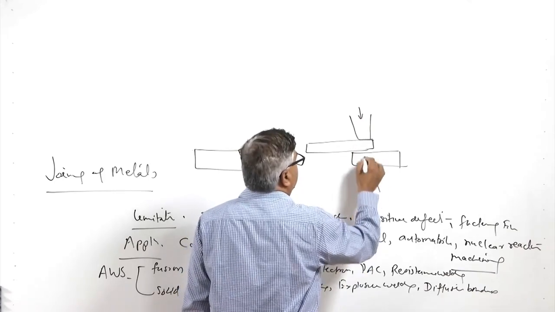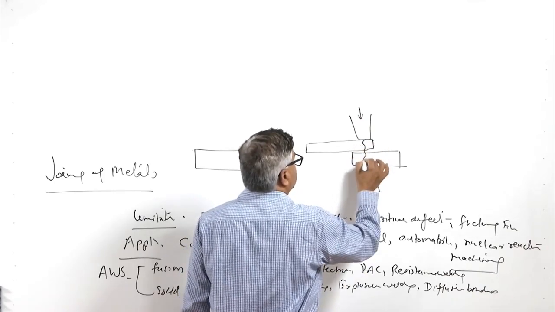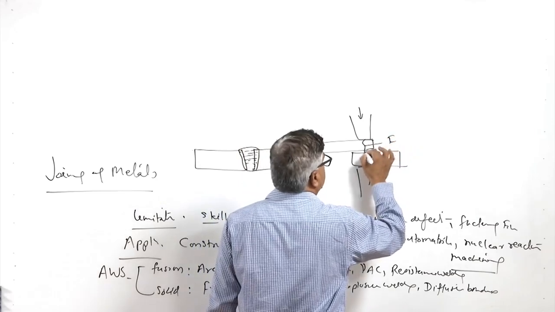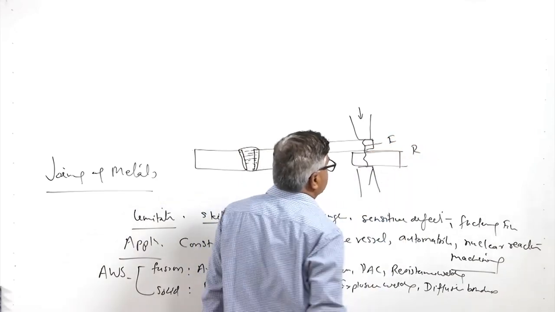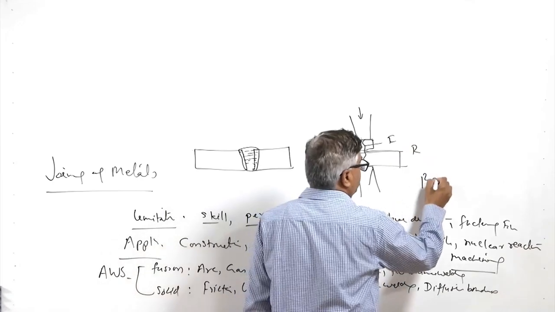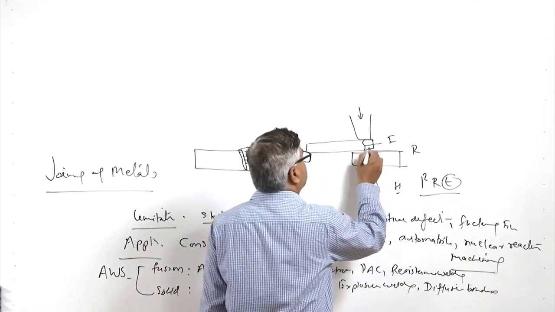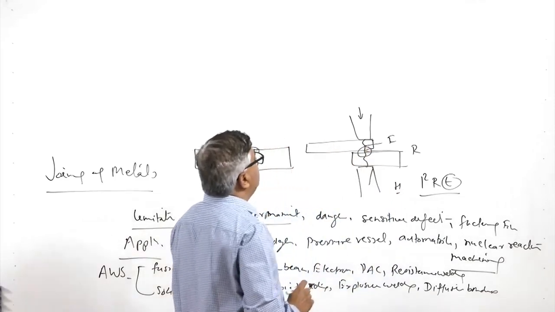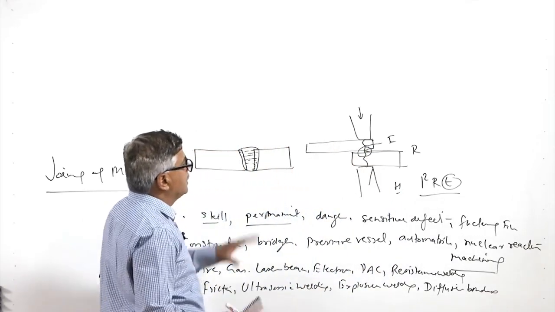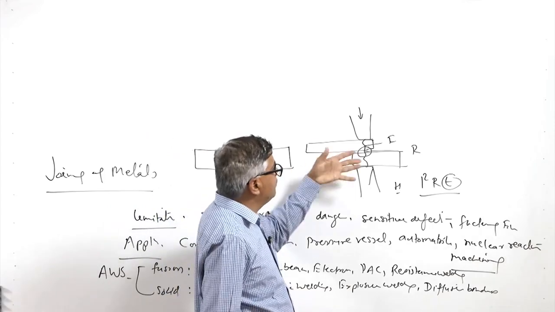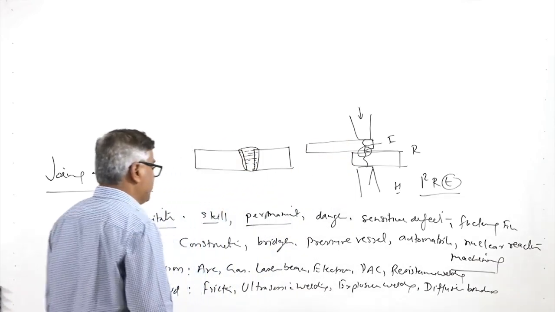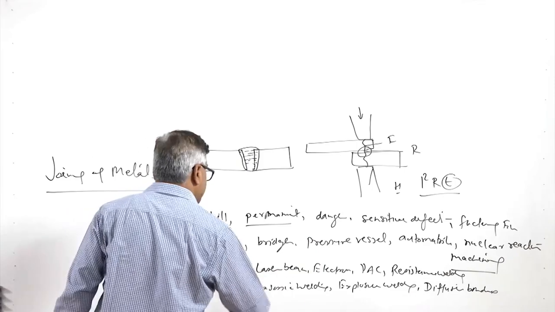So, there is a flow of current through the interface, say the current I flows, and at the interface the contact resistance is R. Depending upon the I square R T, the time for which current flows, heat is generated, and that causes melting especially at the interface. So, that fusion plus subsequent solidification leads to the development of the joint,